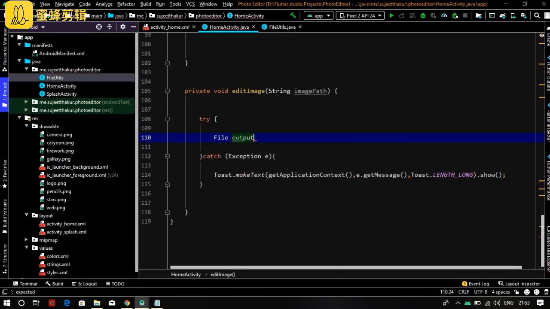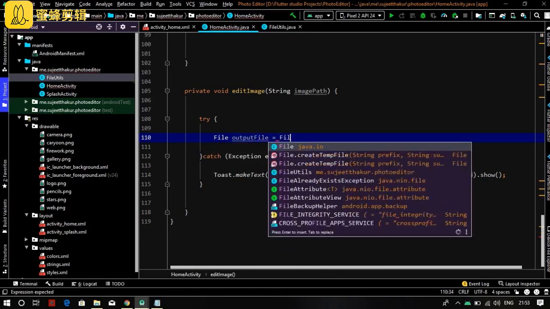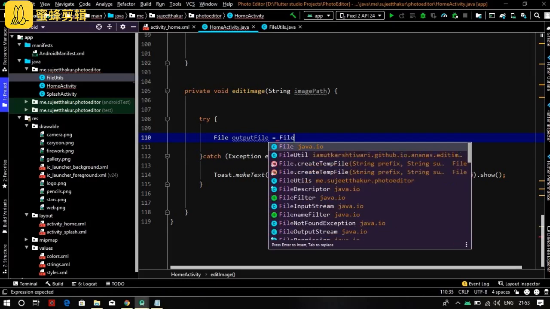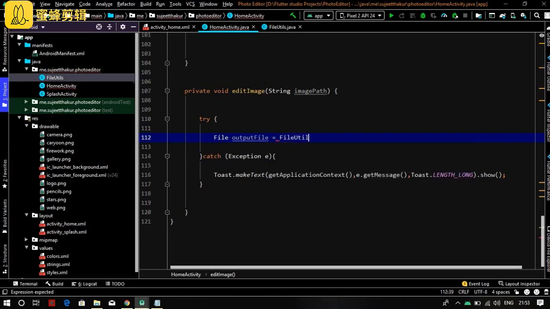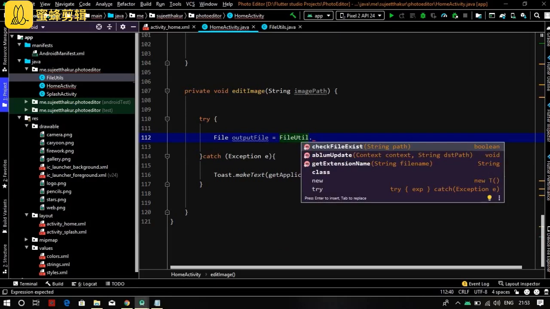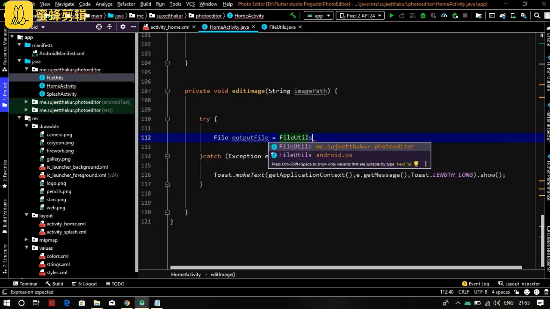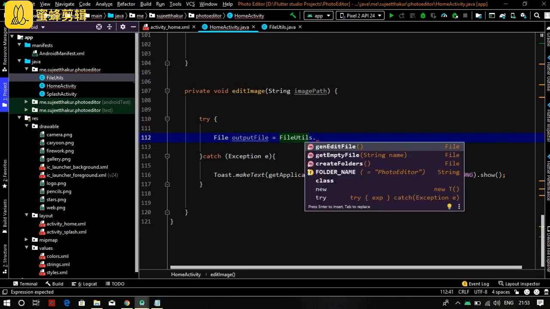Now go to home activity in the try catch block. Write this: File output file equals FileUtils.genEditFile.